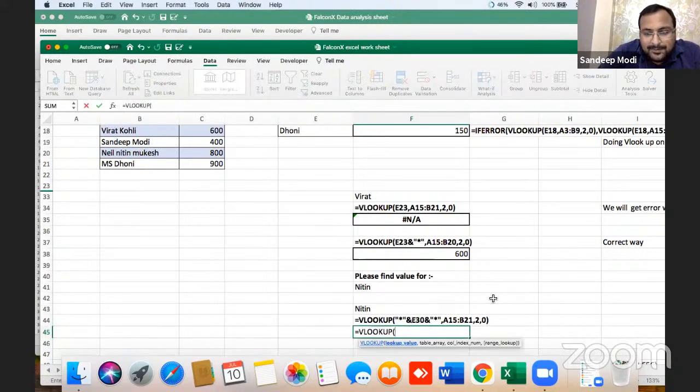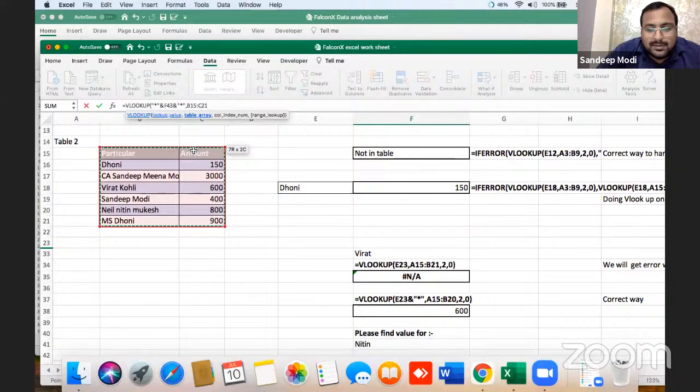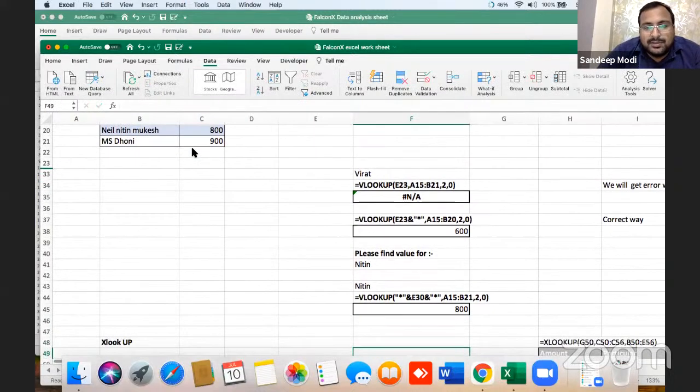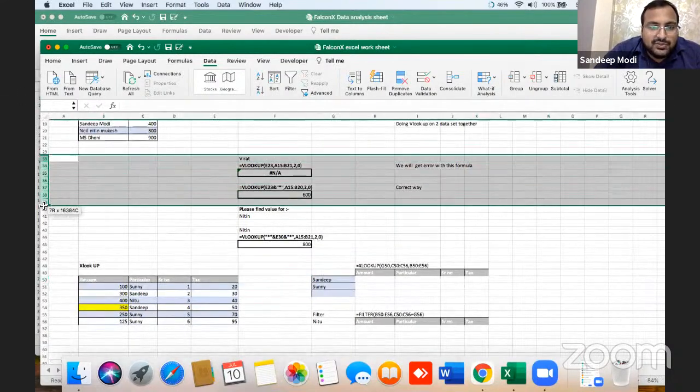We look up. We will use 2 asterisks here, asterisk and this value and asterisk, and this is the table array, 2, 0, 0, bracket close. This is how you can easily handle it. Let me hide this and then zoom in again.